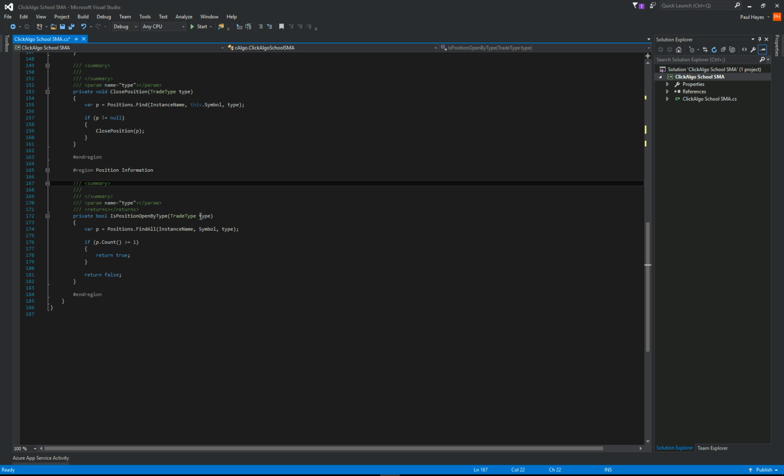What comes in as a parameter is the type, a buy or a sell. And it just says find all positions by this instance name, just to make sure it's a unique instance of that cBot, the symbol that you're using, say EURUSD, and the type if it's a buy. So you're just going to say, is position open by type? If there is a buy position open with that symbol and that unique ID, return true. And then if I do Control minus to go back,